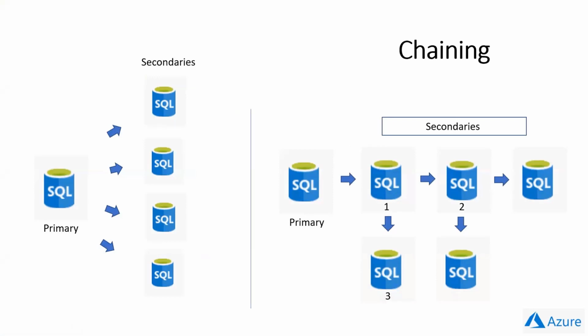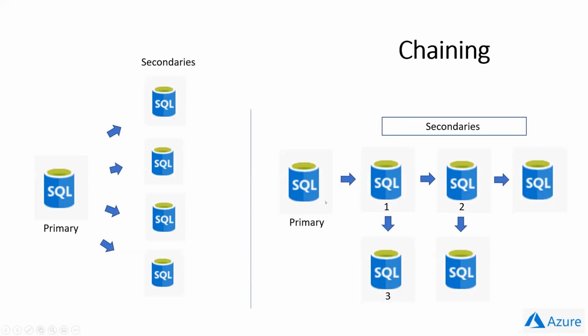And the primary in this case has the 4 secondaries. And the primary is pushing the transaction log to each one of these secondaries. Now, of course, having secondaries will require an amount of memory and CPU to be utilized to have this secondary. And having 4, of course, it will require more CPU and memory from the primary.